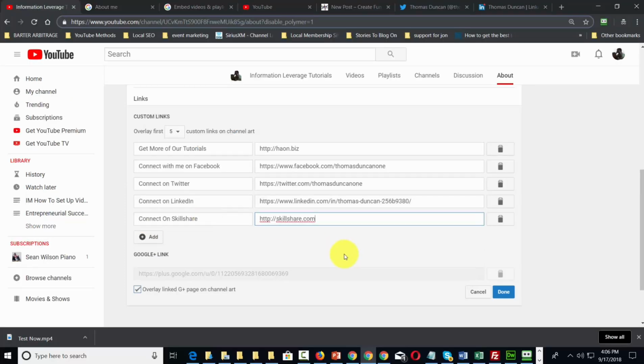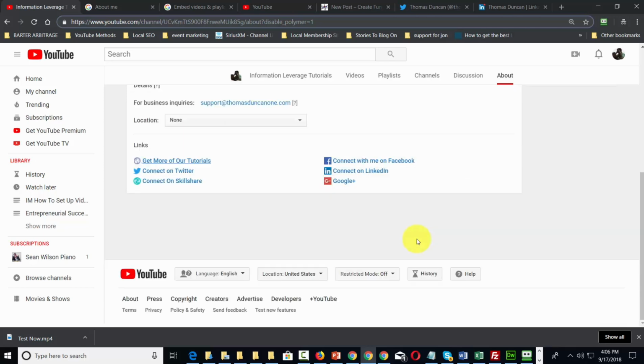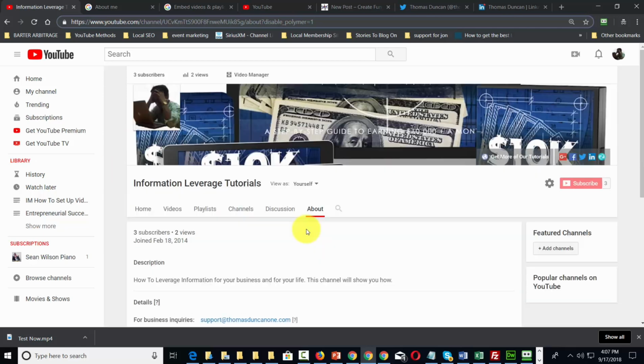Okay, what you'll note is that you can overlay on top of your custom art on your channel, so that means that they'll be clickable on top of the channel that your people will be seeing. And so once you have all of your sites in, you're then going to click Done. And then your content will then be available. And you'll also notice your icons here on top of your